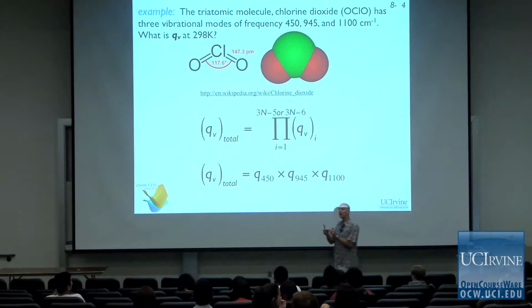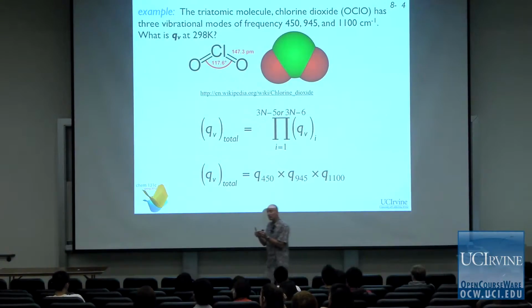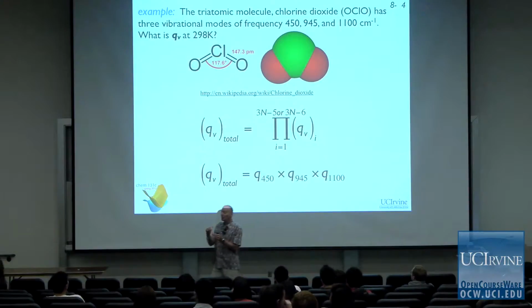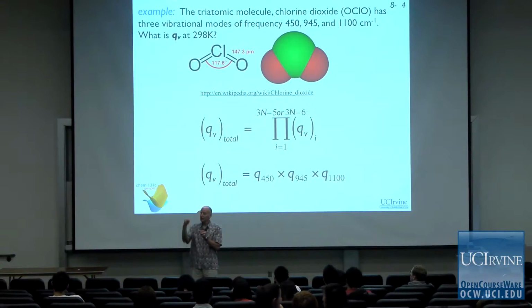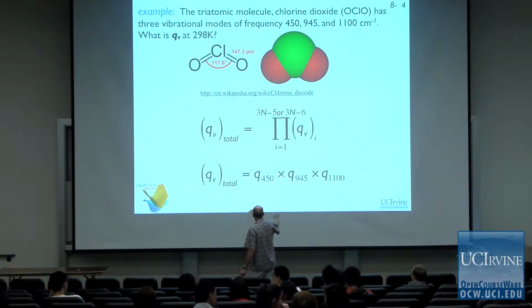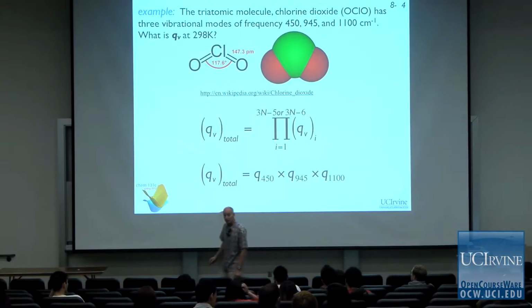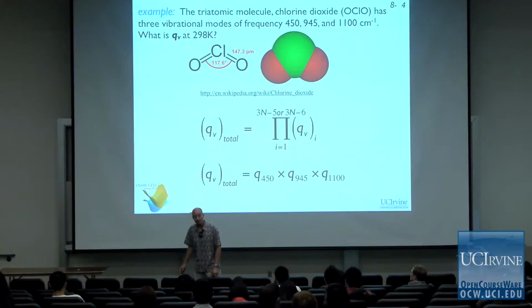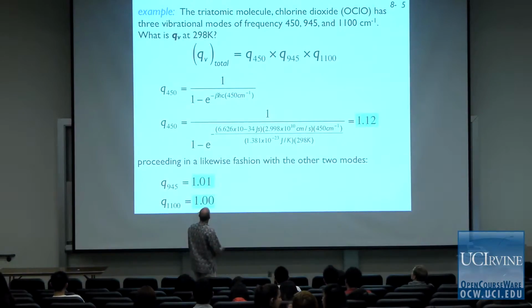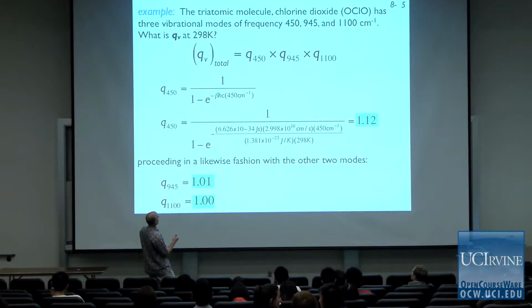Right, the modes are independent of one another thermally in terms of whether they're occupied or not. Whether the continuum of states associated with each one of these modes is occupied, they act independently of one another, so we can treat them independently. And so we can calculate this partition function using the equation we derived on Monday, and here's what that looks like. And we got these numbers, 1.12, 1.01, 1.00, and these numbers make sense to us